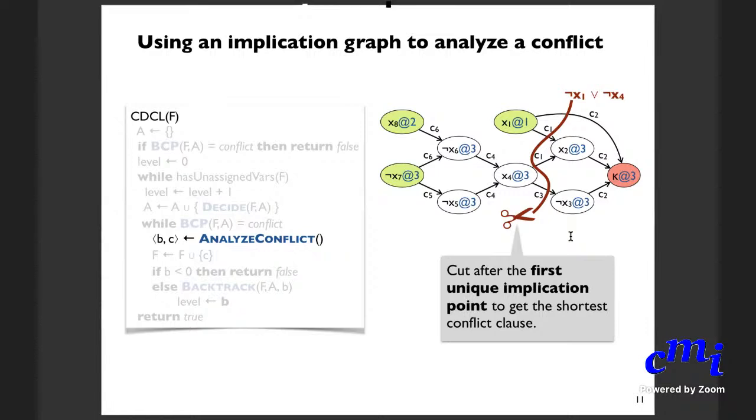No. Your question is, okay, so see, you can choose to that. Let me rephrase the question again. My question is, is it redundant to keep other clauses? It's not redundant. Okay, because just because you added this, not of x1, not of x4, okay? The one with the shortest and which has the unique implication point doesn't mean that you could not